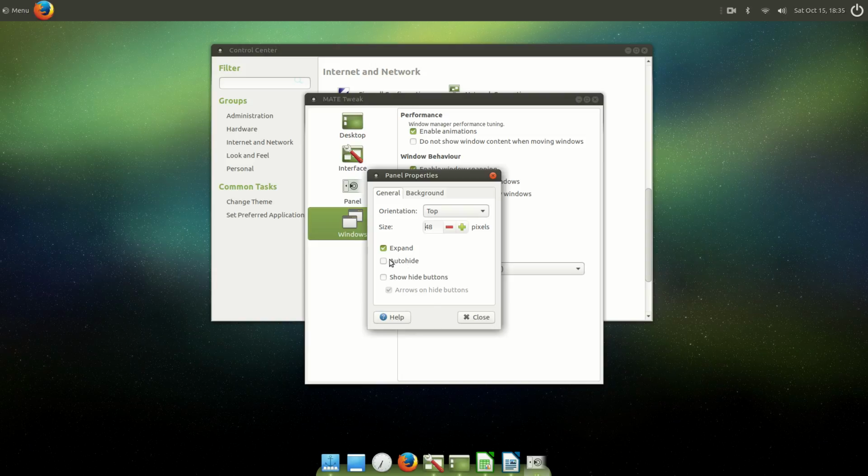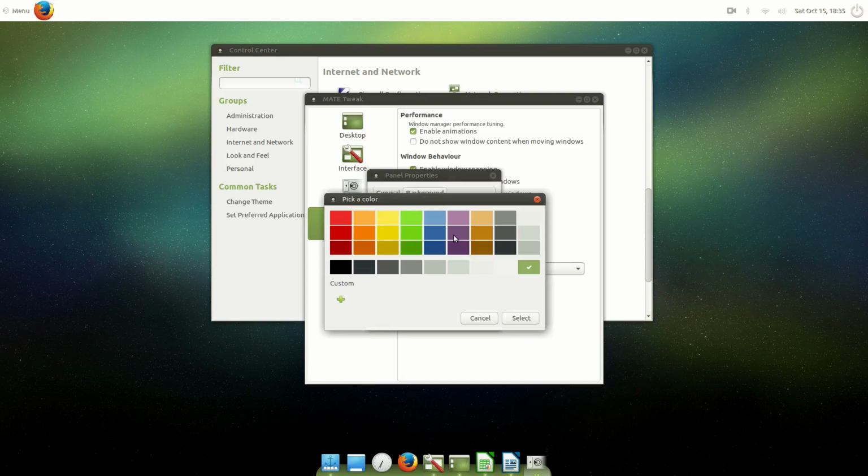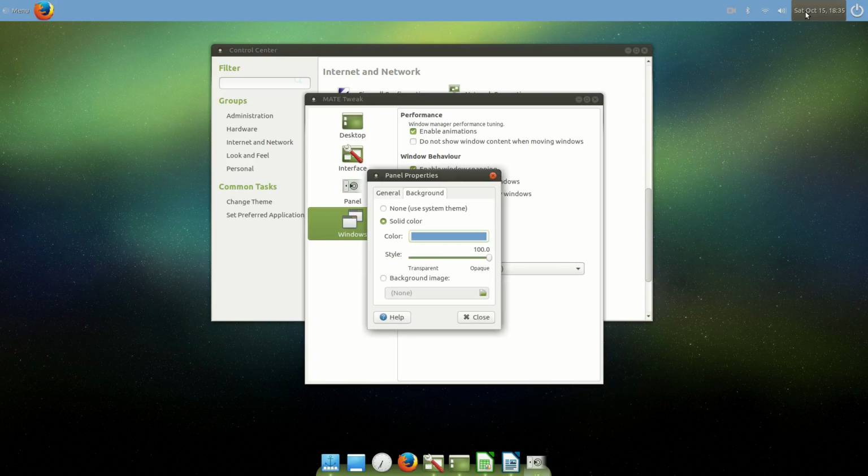And we'll leave it at the top. I don't want to auto hide it. Show hide buttons? No, I don't want to show the hide buttons. Background: you can use the system theme or you can change it to a solid color, which I know that family members would want to switch to a solid color like that. Now I'd have to change the font color, but yeah, they would definitely want to switch that